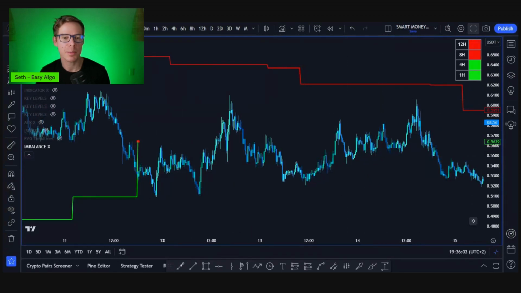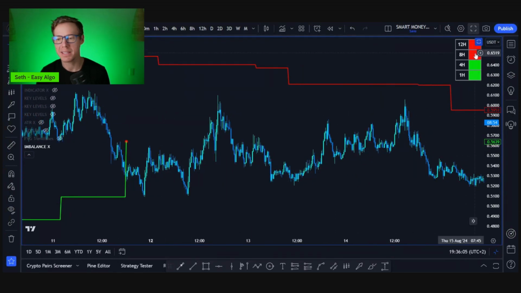So right now I'm on the 15-minute time frame, but I can see on the 12-hour time frame, we're still in the bearish round trip. On an 8 hour, we're still in the bearish. But look, a 4 hour and 1 hour have become bullish. So it is very possible that that 4 hour can ripple to the 8 hour and then to the 12 hour. And if we start seeing the 12 hour and the 8 hour go green,